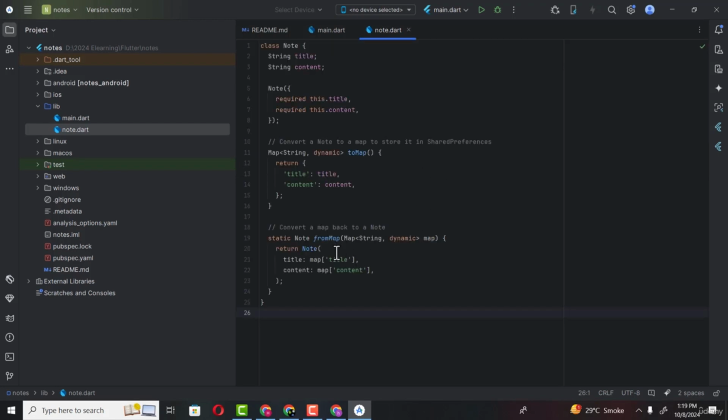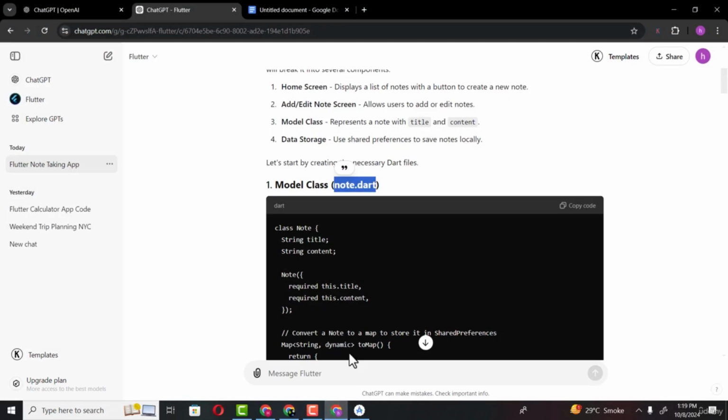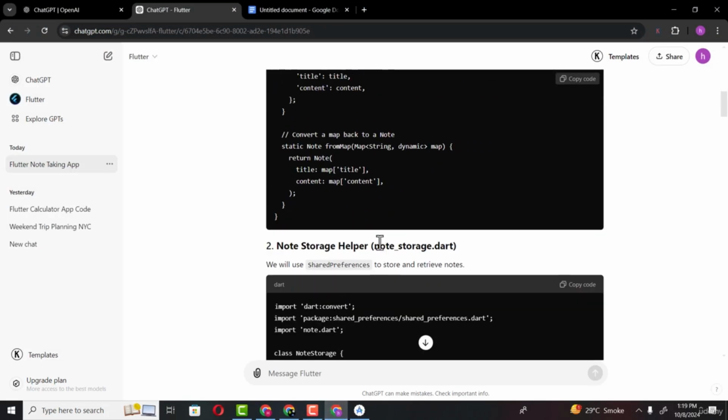And that's it. So now this class is added, and this is a data or model class using which a note is represented inside our application code. So each note is going to have a title and a content, and I will not go into the detail of this code. So now after doing that you need to move to the response again